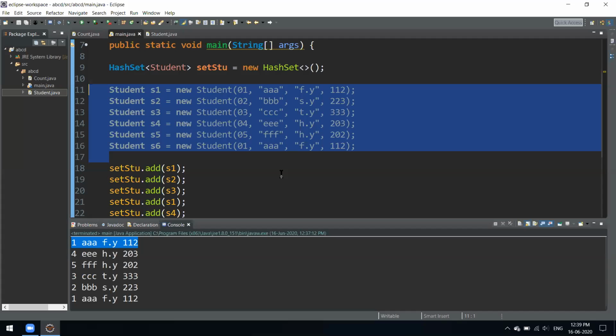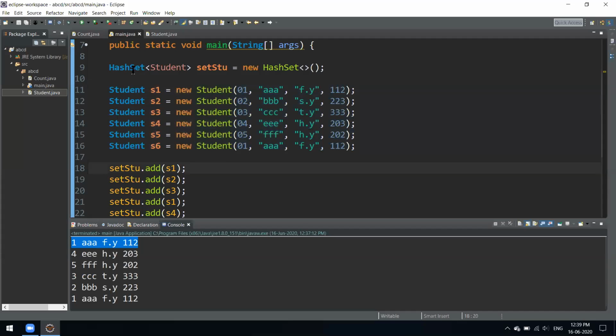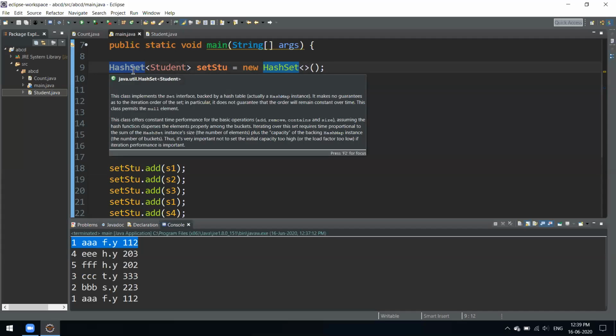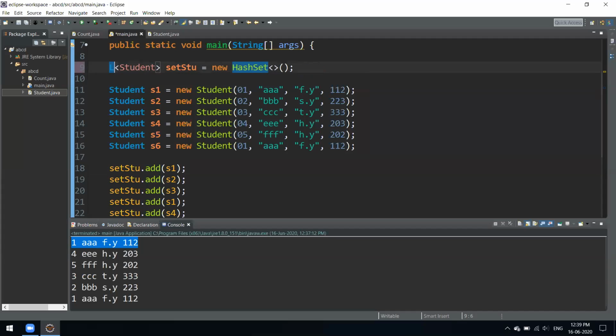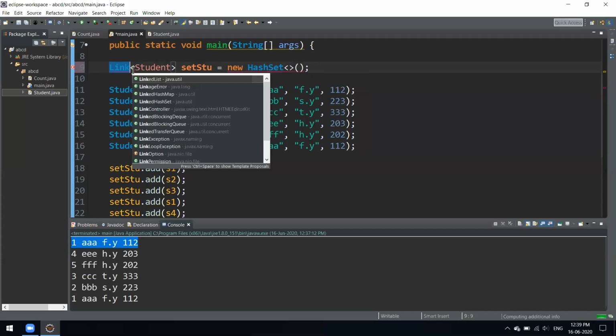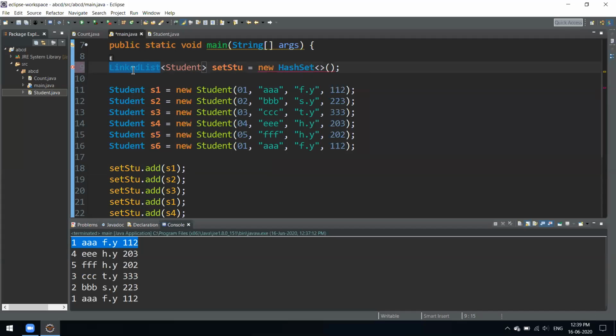And one more very important thing, linked hash set doesn't randomly throw up data on you. It maintains the order of data. If we replace this with a linked hash set again, but as I told you, the concept of set, not the linked list. Linked hash set. Okay, here also we'll write it.